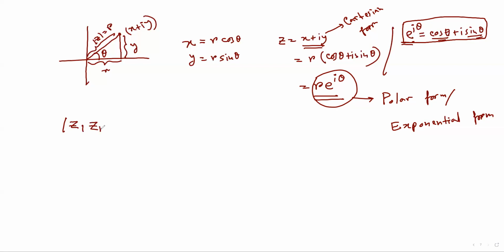The same happens here also, but sometimes, for example, what happens if you want to find the modulus of z1 times z2? Can we express this in terms of the modulus of z1 and the modulus of z2? I mean, the modulus of the product of two complex numbers, can we express that in terms of the modulus of the individual complex numbers? We can actually do that. You can make calculations from here,